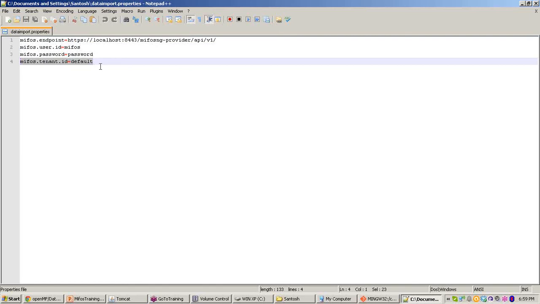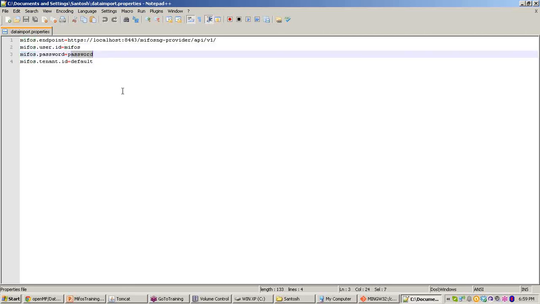When I was explaining in the PowerPoint slides, I told you about the security aspects. Here this user ID and password, if seen by some other person, he can use it or he can get your organizational data.